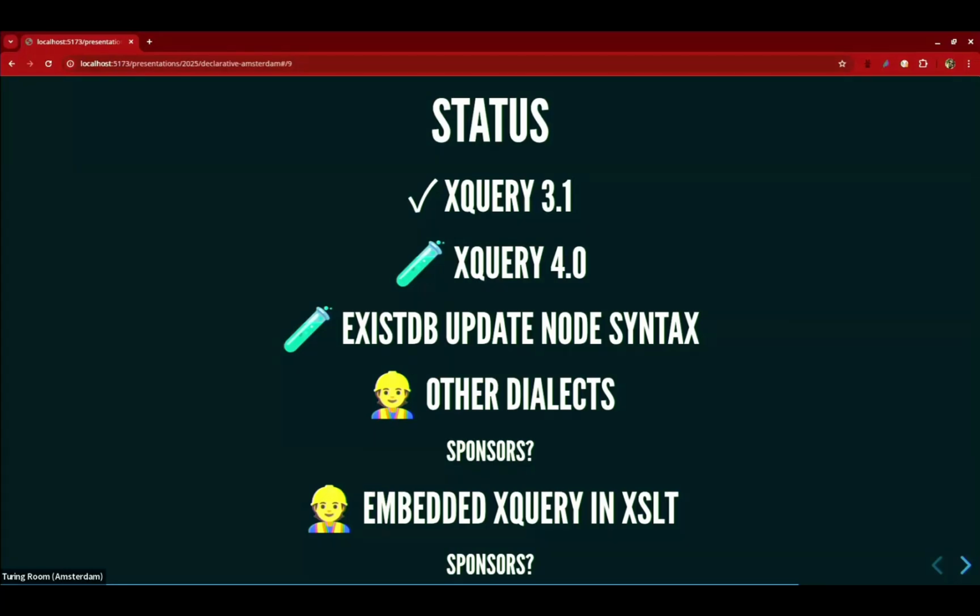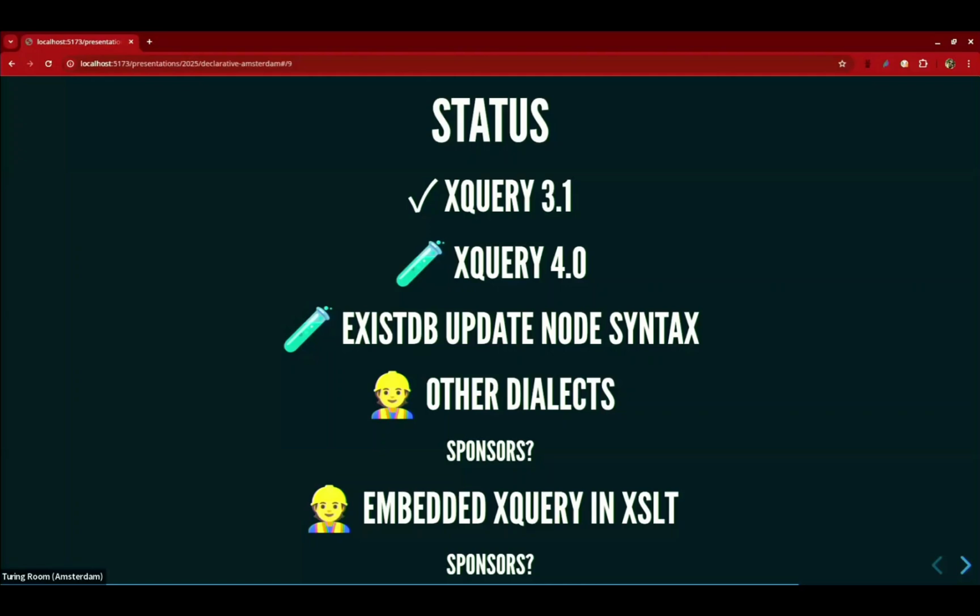So where are we using this thing? XQuery 1 is fully supported, and I made it available on our website, xquery.elliot.nl. XQuery 4.0 I'm working on. Parts of it are really nice and stable, but because I'm trying to use the same formatter for XQuery 3.1 and XQuery 4.0, I need to implement where there are some deviations in the syntax. For example, in let bindings, a few new syntax nodes and a few new AST nodes are being added, so I need to choose: in XQuery 3.1 do this, in XQuery 4.0 do that, etc. Update node syntax is the same. I'm still working on it.